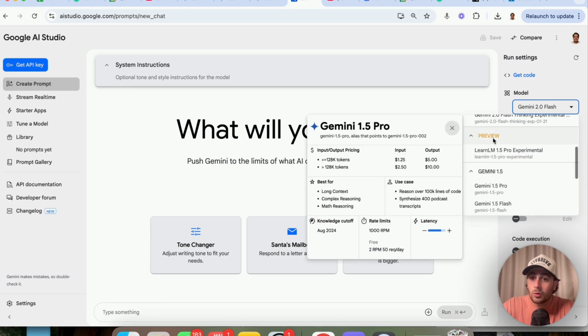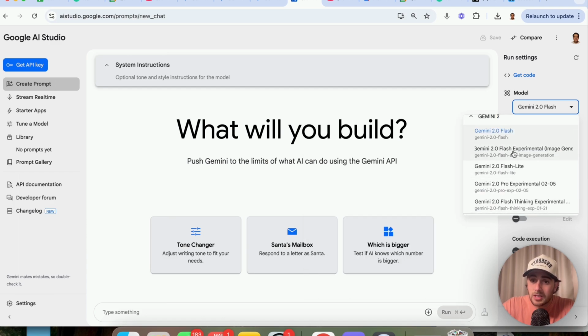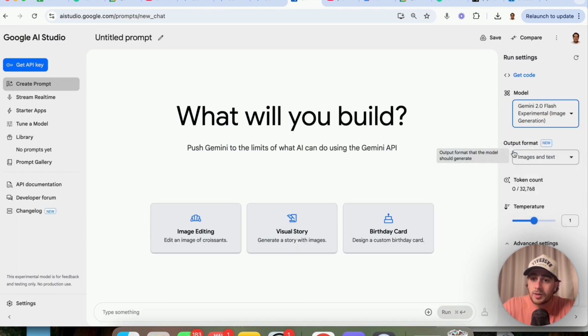But what we need to do for this model is come over to this one right here, and make sure that this output, where it says new, says images and text. If it doesn't say images and text, it's not going to be able to output both of those things. Now watch this. Let's say that we were creating a video or an article, or anything, and we needed an image of a cop pulling somebody over in Manhattan. Guess what I could do? I can come over here and type in, please create an image of a cop pulling someone over